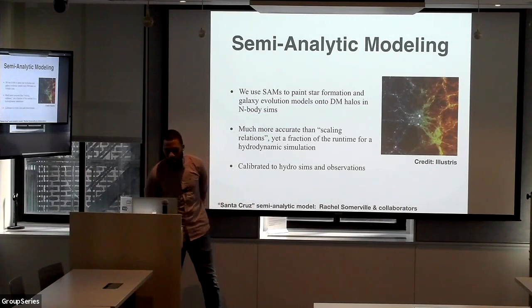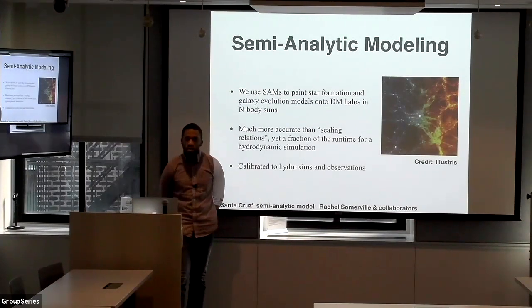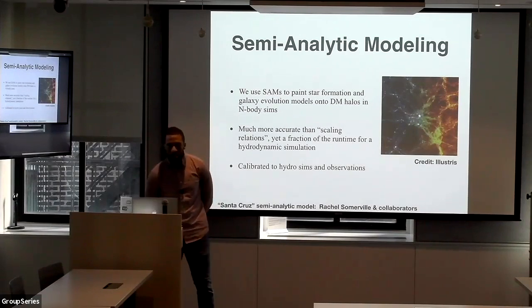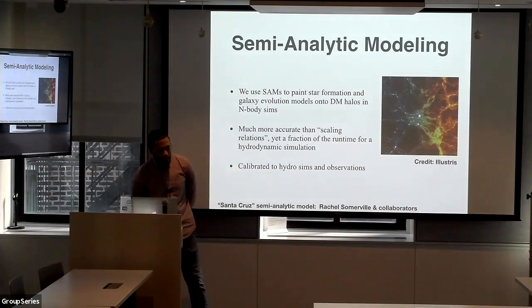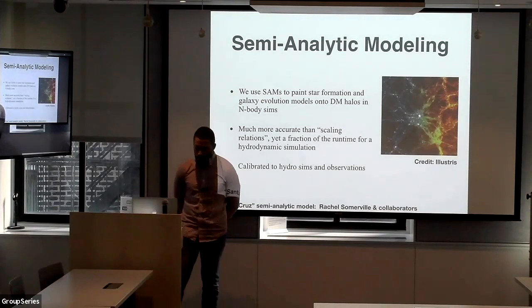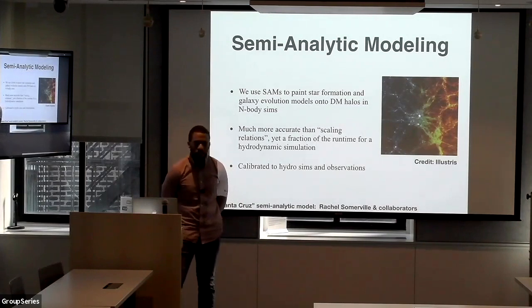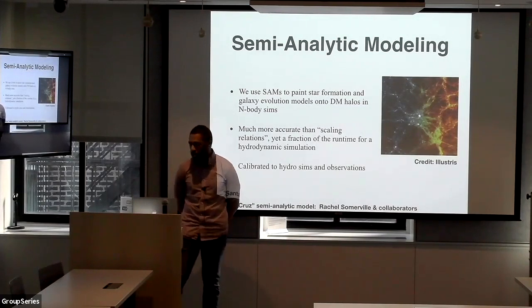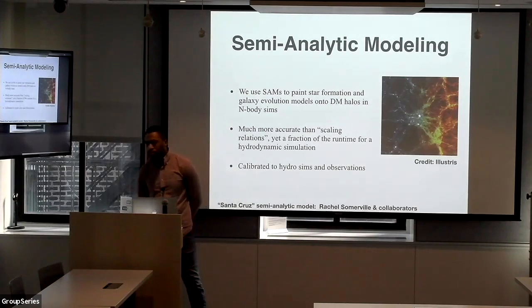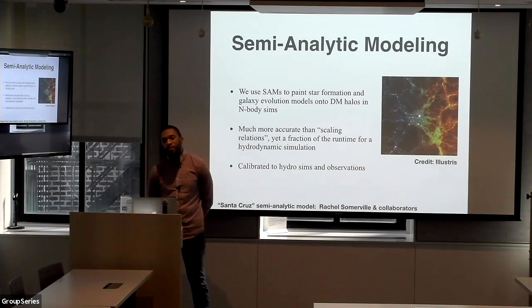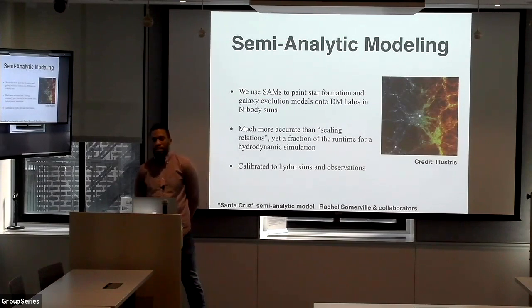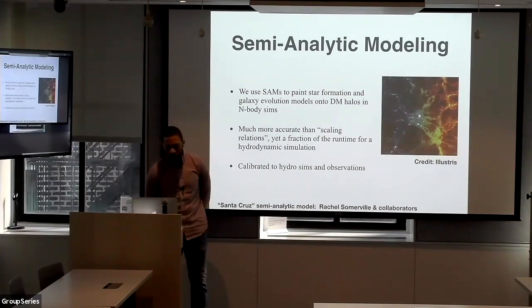With this kind of modeling, the goal is to be able to develop line intensity mapping mocks, which we can then use for forecasts, for testing foreground removal and estimators for measurements, and possibly even for when we want to take the data and fit models of star formation or things like that. You could use a line intensity mapping mock in order to do that, and so that's the goal.